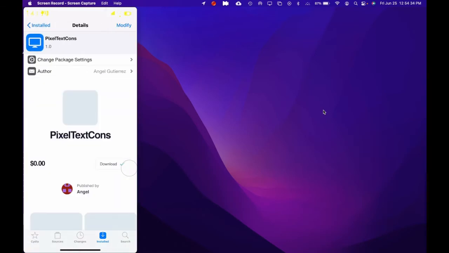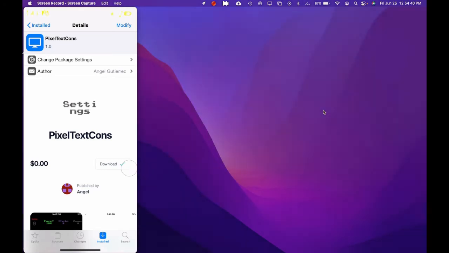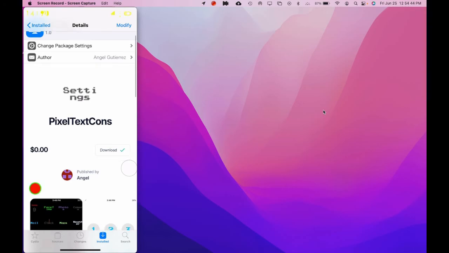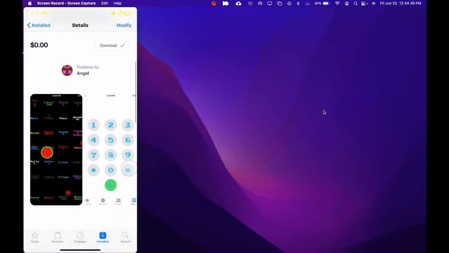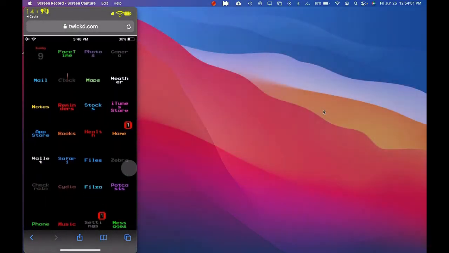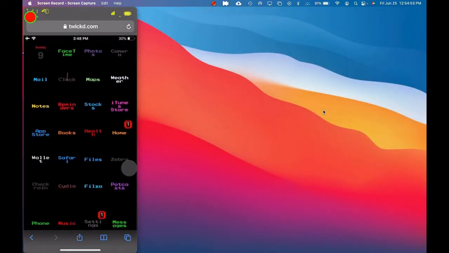As you can see right here, once you open it up, you've got the texture for your text. It's pixel text. So as we can see right here, images right there, you have the pixel images for your